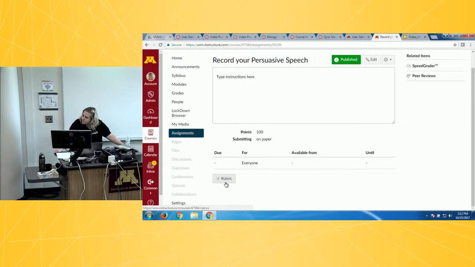Yes? What does it mean to require a peer review? I mean, functionally, if a student doesn't do it, they still get the points for writing the paper. I'm not sure how that works. I mean, you can't necessarily penalize unless you take points off of their assignment because they didn't do it. Do you have an example of what that looks like to the grader?